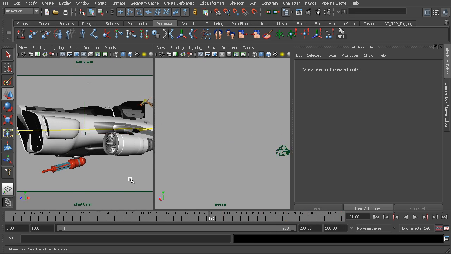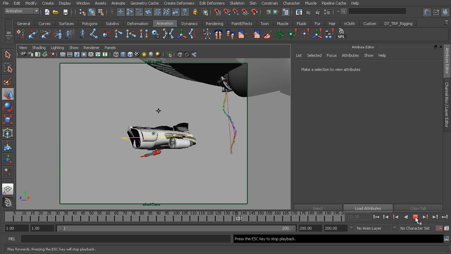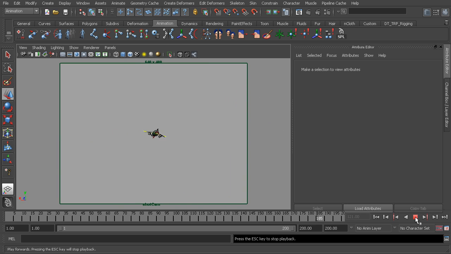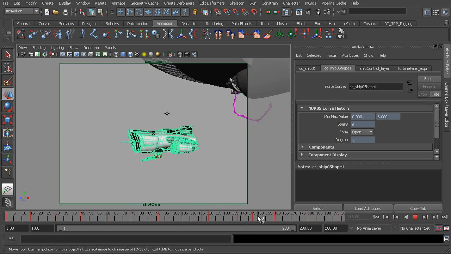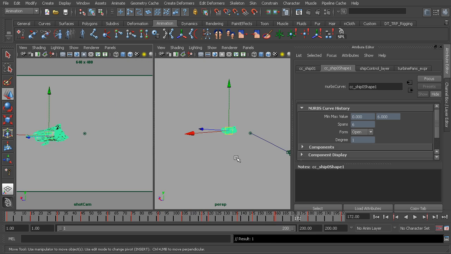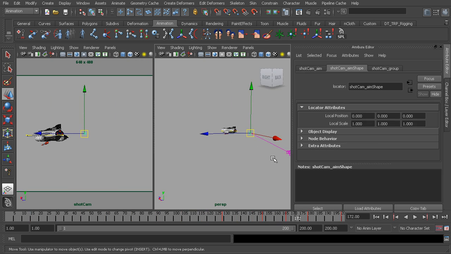Alright, let's see what we end up with. We'll hit play, see if we can add anything else to this. Beautiful, so that looks nice. I think one thing we can add that would be really nice is a zoom in. So let's go back to our focal length. We'll grab the camera,